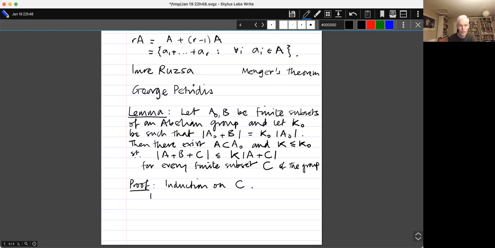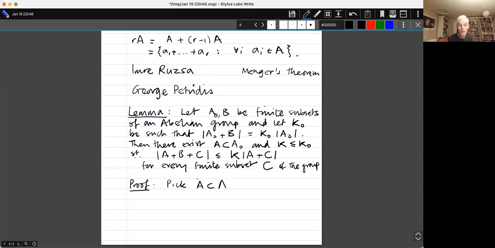So if C is empty, sorry, I've got to say what A is first. So actually I'm going to get rid of this induction on C. I will be using induction on C, but that will be after the first step, which is pick